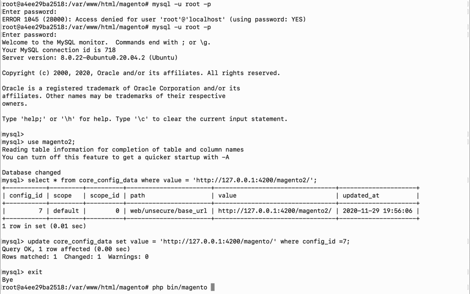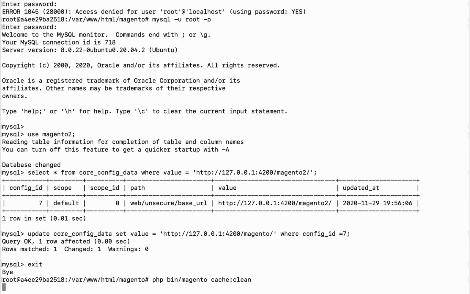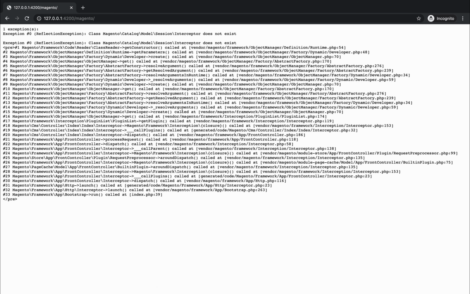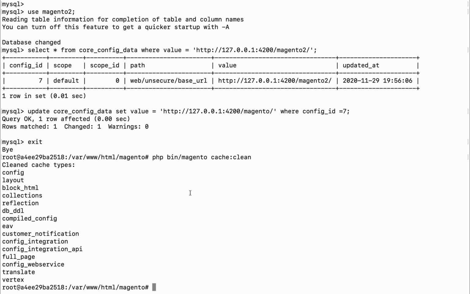I will clean the cache and reload it. Now this is some code generation issue which comes because of a permission issue.